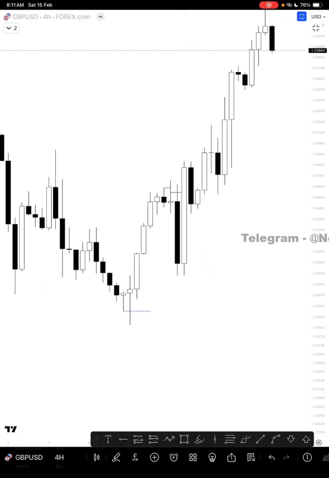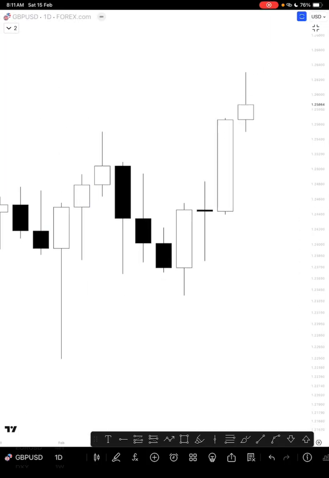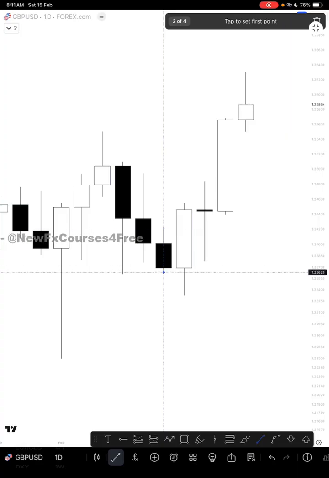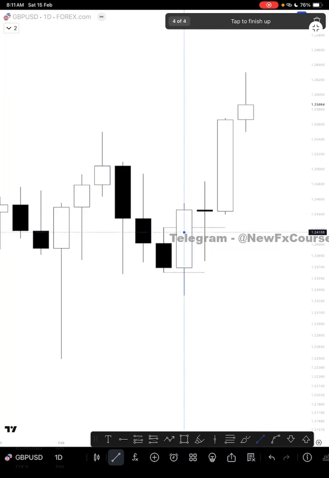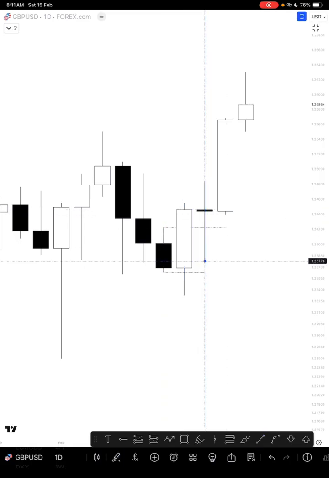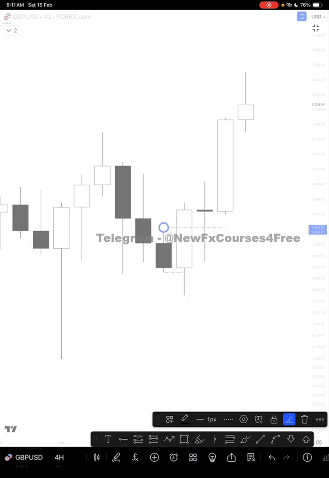So moving on to the daily time frame, this is actually a CRT low and a CRT high, which can be used as a key level. So using the CRT high as our key level here, using this as our key level,